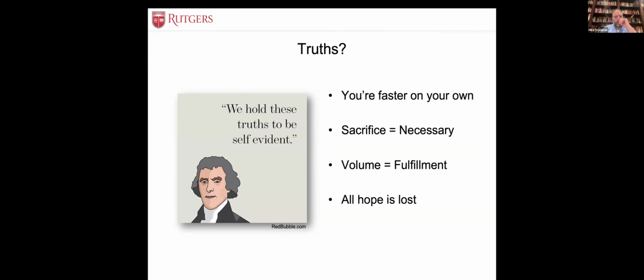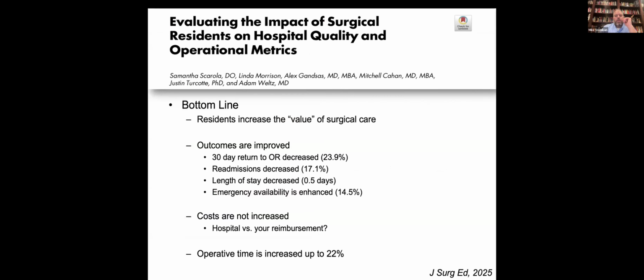And in the interest of time, I'll try to be efficient. So I decided to try to find some literature about this, right? Because I could get up here on my soapbox of why I love being an academic surgeon all day long, but quite honestly, it's irrelevant if I can't back it up with some sort of actual data. So most of these studies are actually born out of general surgery for a lot of reasons, mostly because there are way more general surgery programs and because they probably have spent more time studying this.